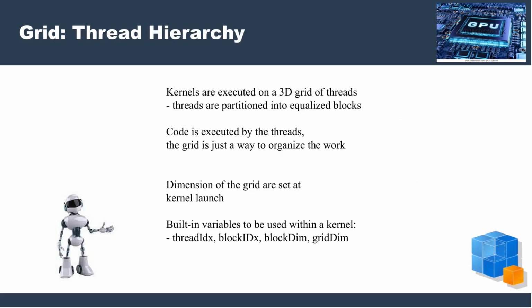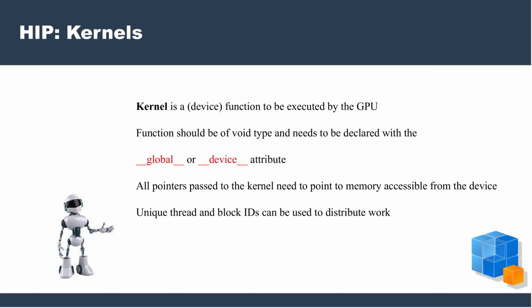Kernels operate on a three-dimensional grid of threads, partitioned into equalized blocks. This grid organizes the workload with dimensions set at kernel launch. Within a kernel, built-in variables like threadIdx.x, blockIdx.x, blockDim, and gridDim are used to manage and distribute tasks efficiently across the graphics processing unit. Kernels are device functions executed by the graphics processing unit, declared with double underscore global underscore,